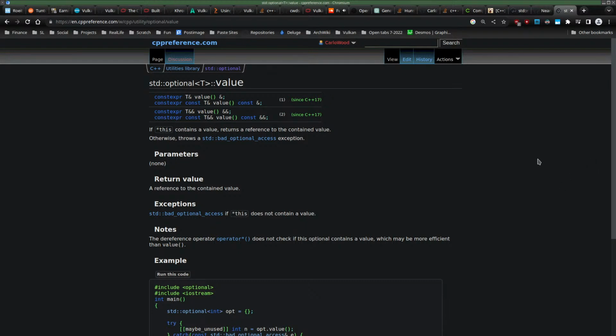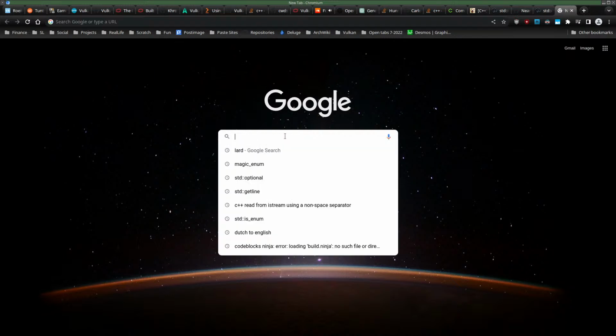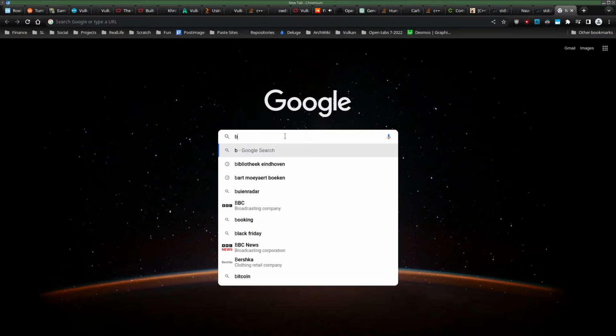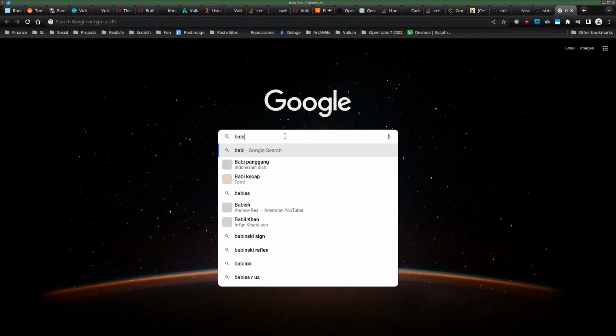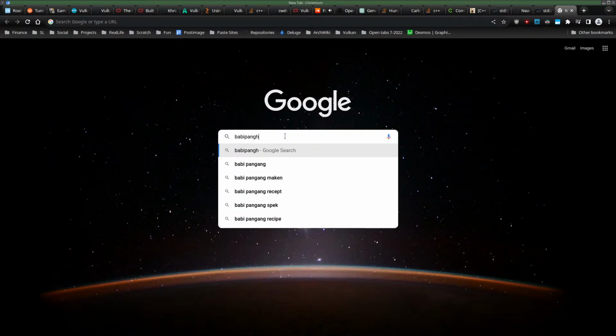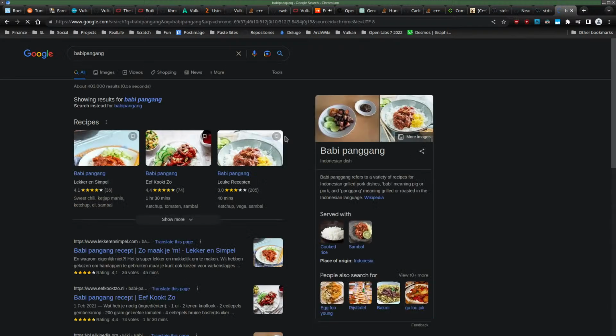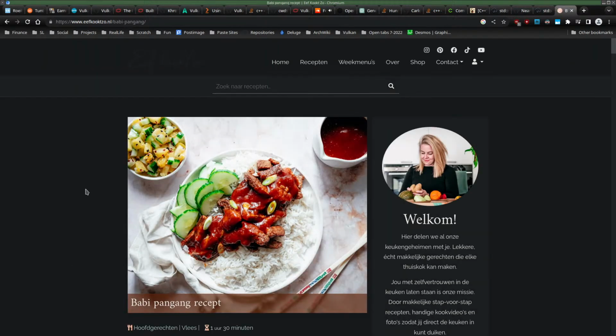Anyway, I'm going to eat lunch at 4 p.m. because in 2 hours I want to buy Babi Pangang, which looks like this in the Netherlands. How do you type that? Babi Pangang.